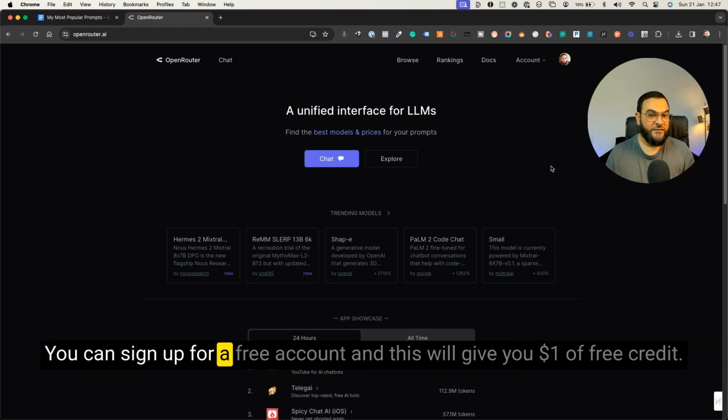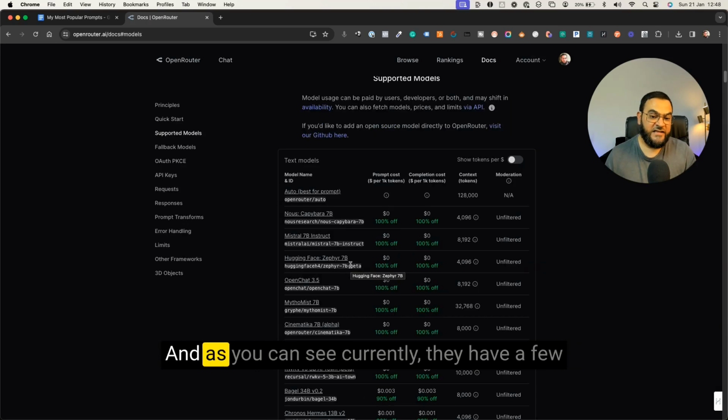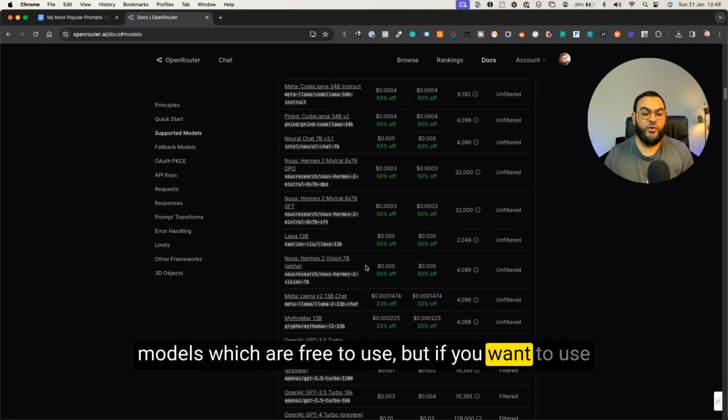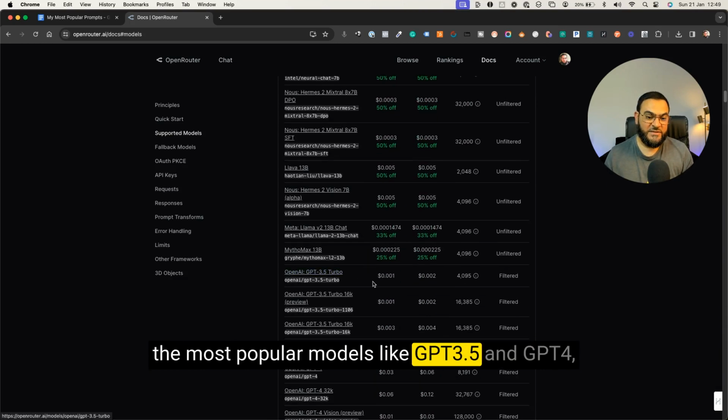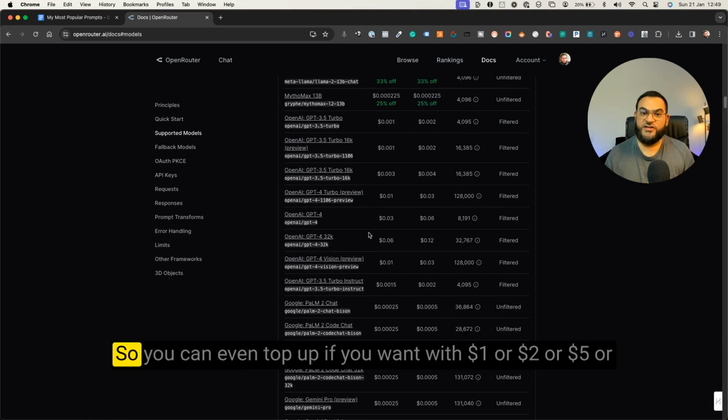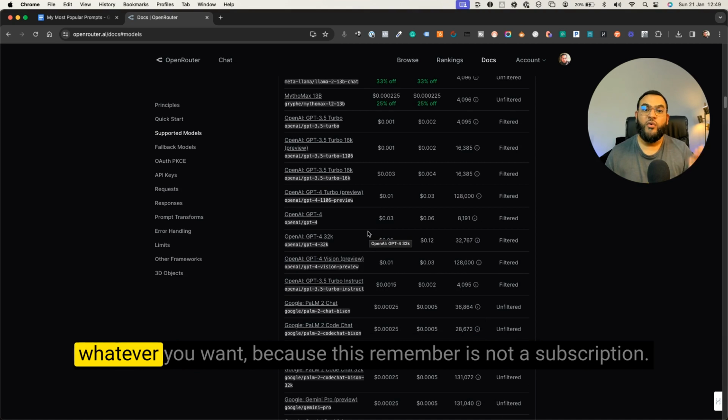So just head over to openrouter.ai. You can sign up for a free account and this will give you $1 of free credit. And as you can see, currently they have a few models which are free to use. But if you want to use the most popular models like GPT 3.5 and GPT-4, this is really cheap as well. So you can even top up if you want with $1 or $2 or $5 or whatever you want,